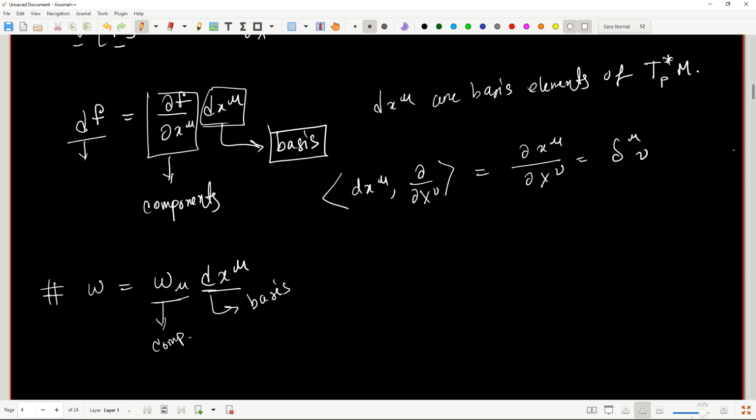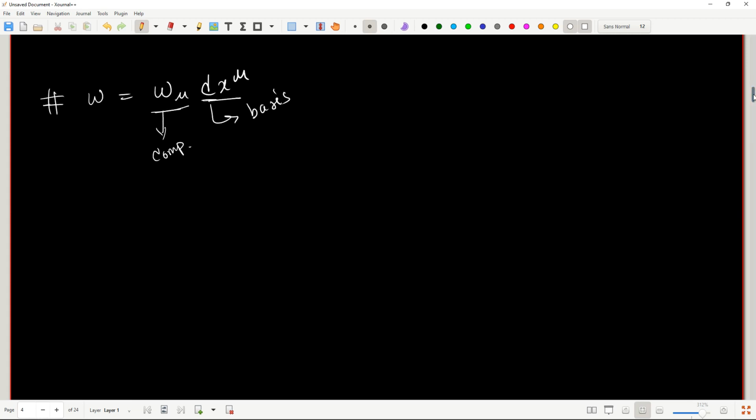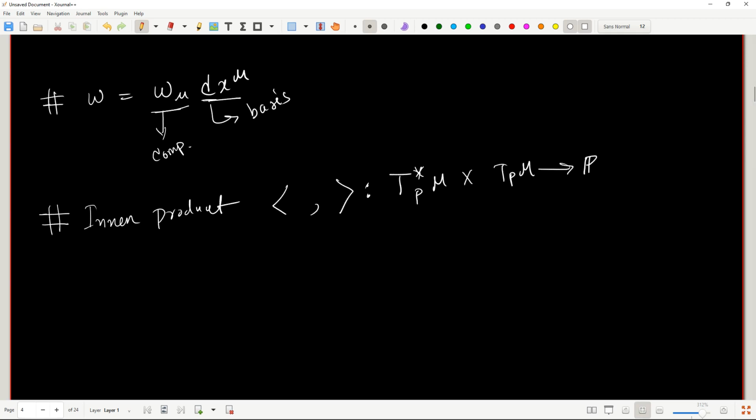And now, since we have a vector space and a dual vector space, the next natural thing we can do is that we can define their inner product. So the inner product between the tangent space and the cotangent space, let's write it like this. The cotangent space with the tangent space to R is defined as follows: